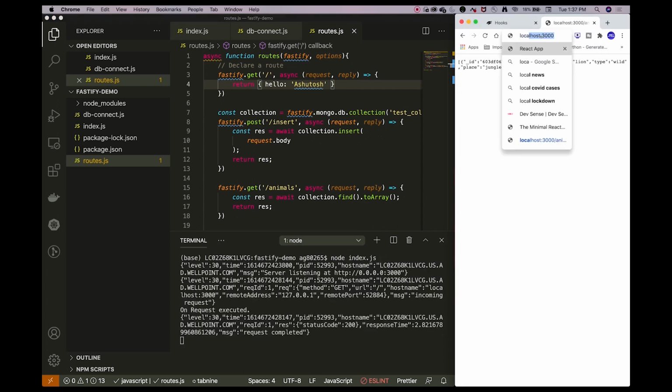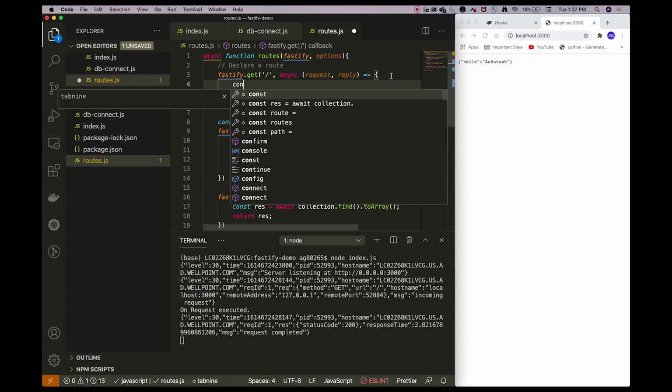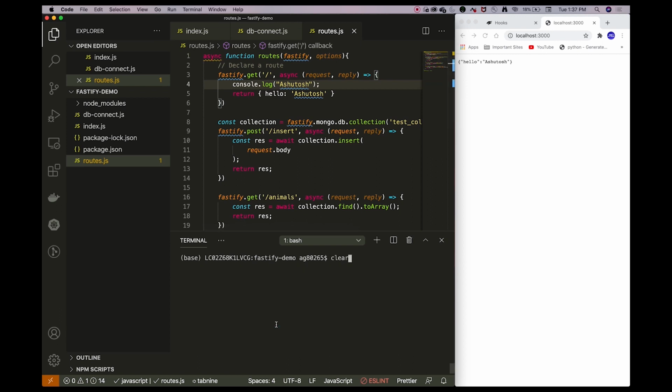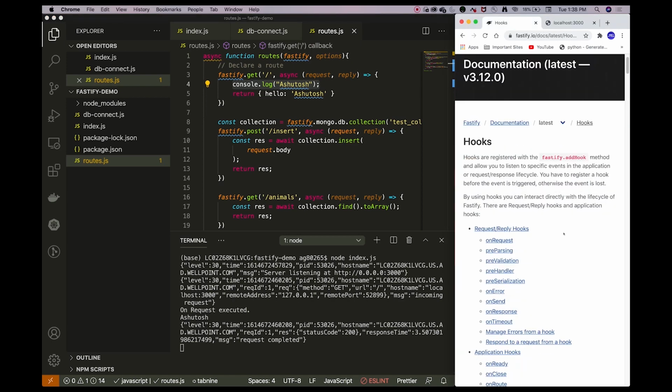So what I will do is call just a default route, and you can see that before executing this request, it is printing this statement, that is, on request executed. And if you want to double check that, then you can define a console log statement here. Just restart the server, and if you refresh again, you can see that on request executed is printed first, and then the content of that particular route will be printed. So like that, you can use other hooks as well, which are given in the documentation of Fastify.